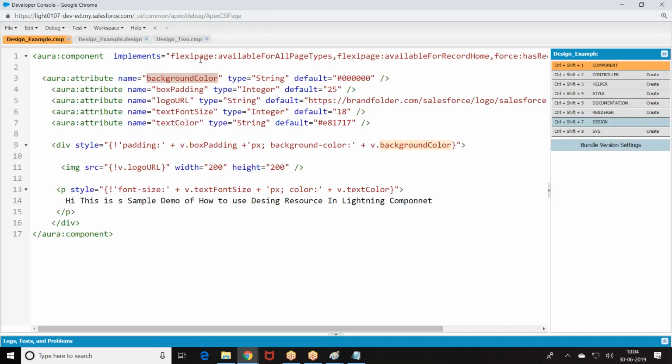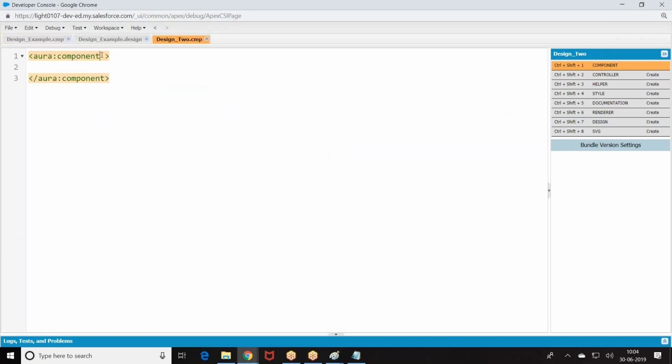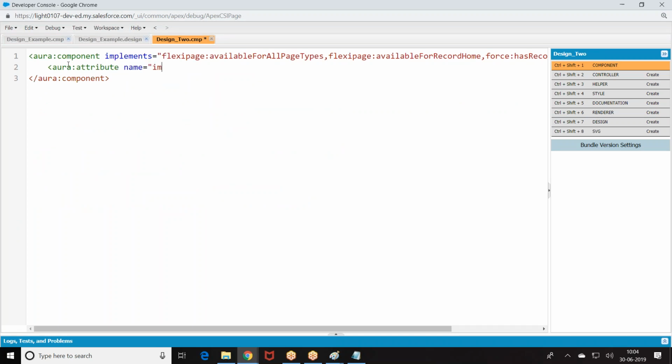So here we are supposed to implement it available for all the pages, so that the component can be added to the page. Okay, we require it available for record home page. Then we are going with the attribute, name equal to image source, type equal to